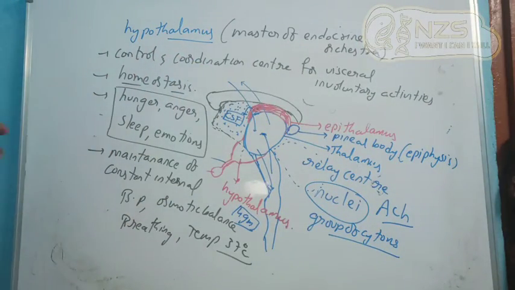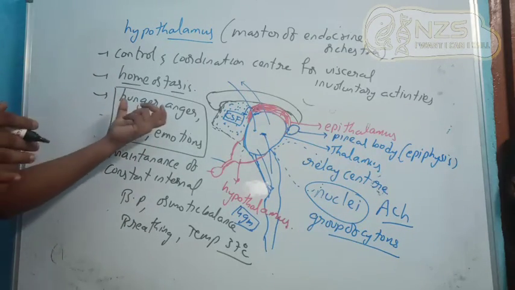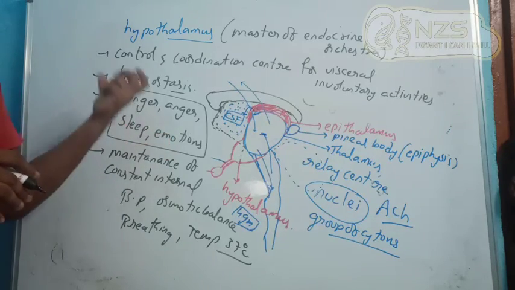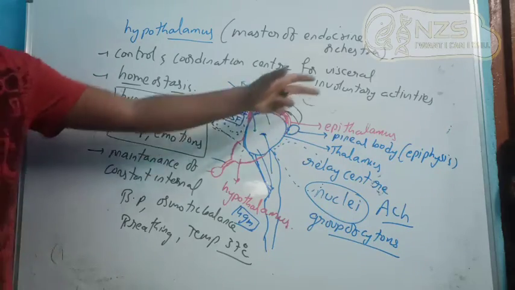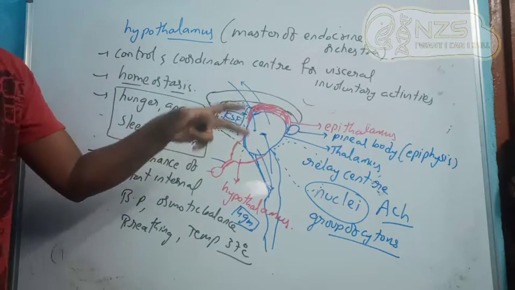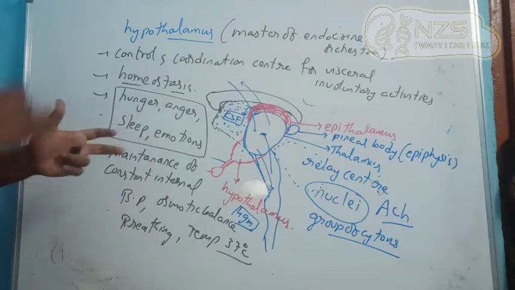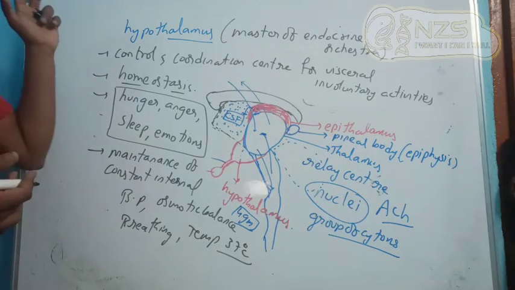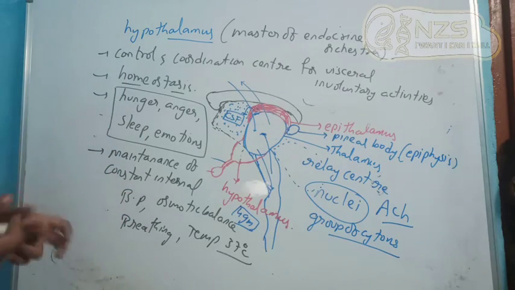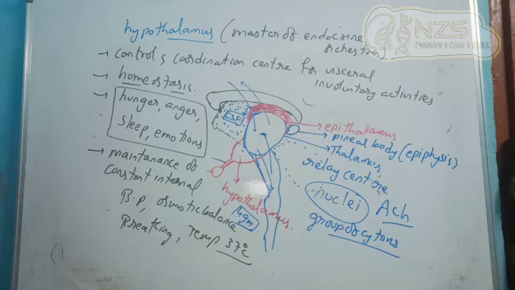But as I've said, the hypothalamus has all these functions. It maintains all the things. All the emotions are controlled here. But when you use the word emotions, these emotions are controlled with the help of some other system. It will coordinate with some other parts of the cerebrum or forebrain, and it forms the limbic system, the emotional control system. We'll discuss that in the next video. So these are the main functions of this hypothalamus. Though it is 4 grams, it maintains all your visceral involuntary activities.